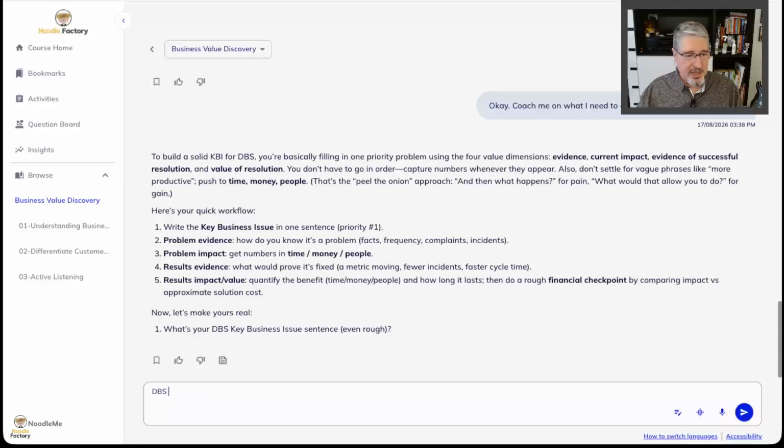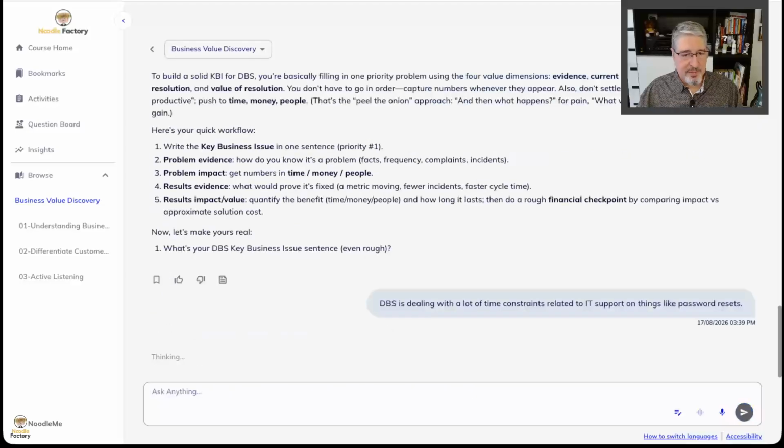I'll say DBS is dealing with, let me make something up, a lot of time constraints related to IT support on things like password resets. Completely making this up. And that might be an issue.